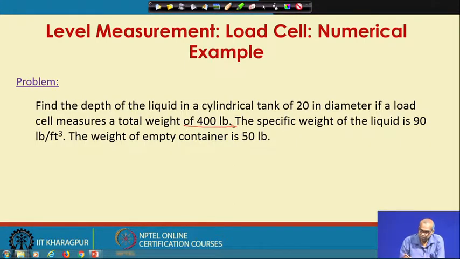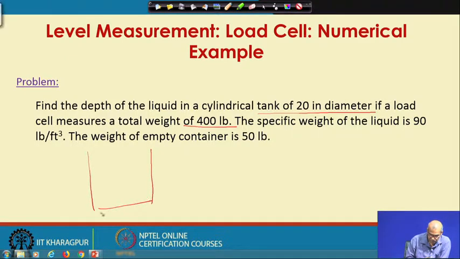The diameter of the tank is given. So, if I consider this to be the tank, its diameter is 20 inch. If I consider the liquid level is H,